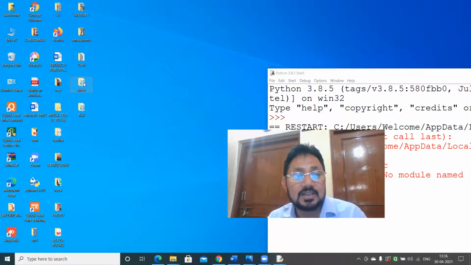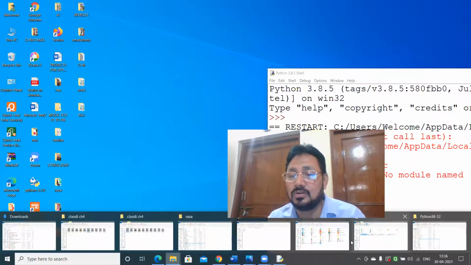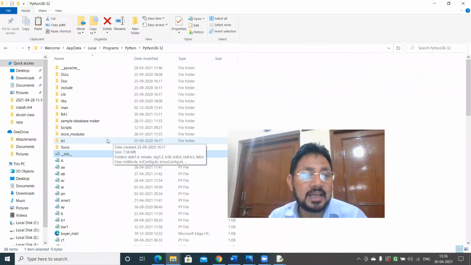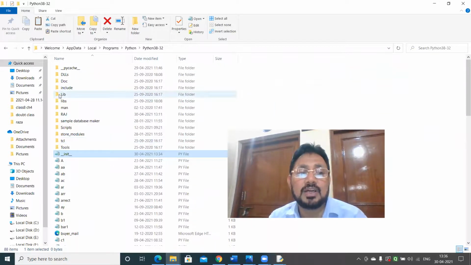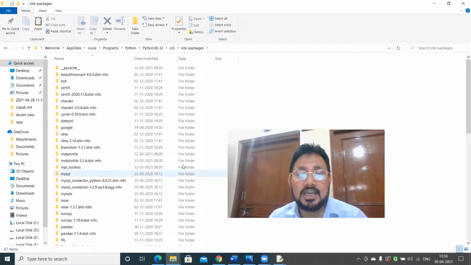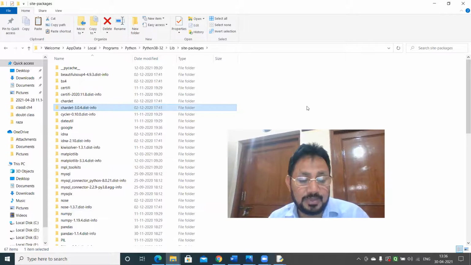I will copy this complete folder, and I will go to Python 3.8. In that, I will go to Lib, and in Lib, please learn the step: Site packages, and there you have to simply paste this folder.